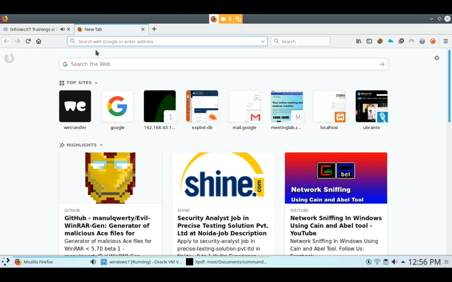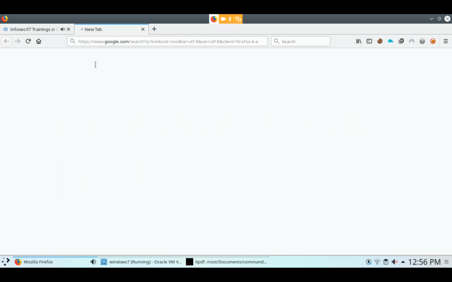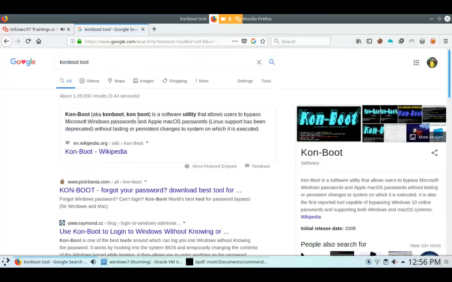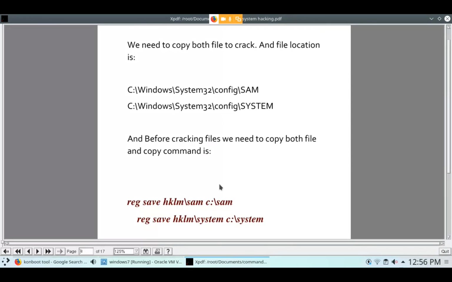Here is the Conboot tool, and it is very simple to use. After that I will download the Kernel Enable tool, and then I will show you. Is there any problem?